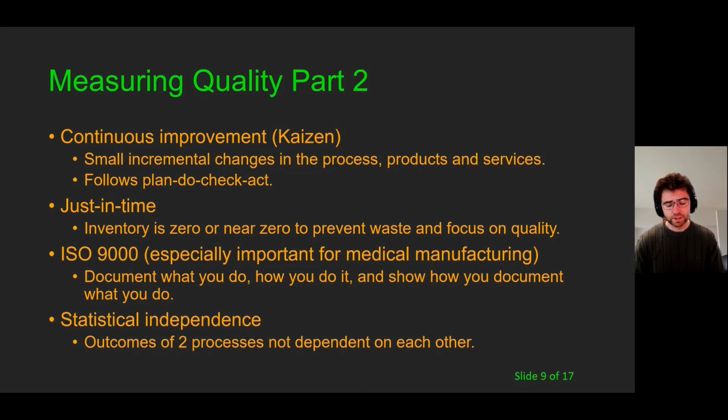There's also standards. So this is getting into the auditing and regulatory compliance side of things. The biggest one is ISO 9000 for medical manufacturing. And essentially, it's documentation. But again, as we talk about documentation and data, it is really from the perspective of digital transformation, right? How do we leverage the unified namespace to make this level of quality achievable and sustainable as well? Because once you achieve it, you want to sustain it.